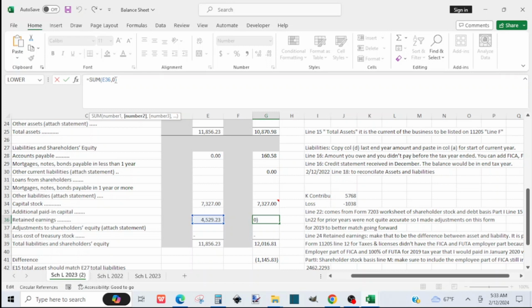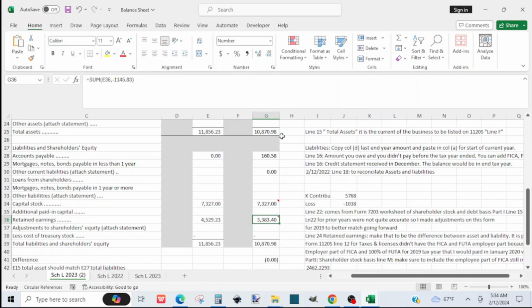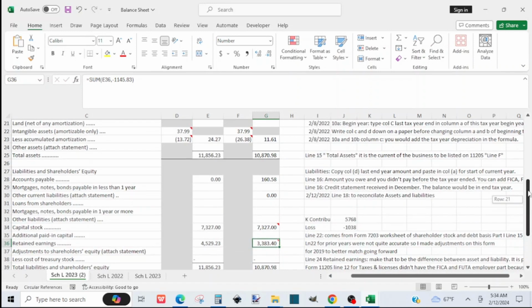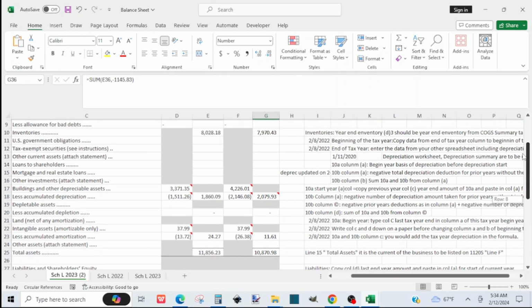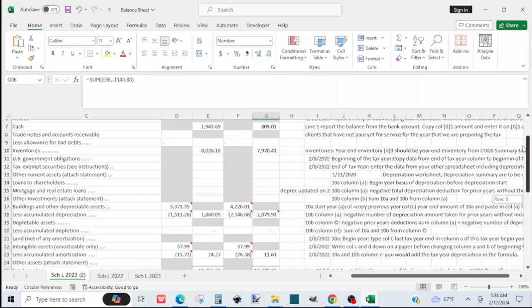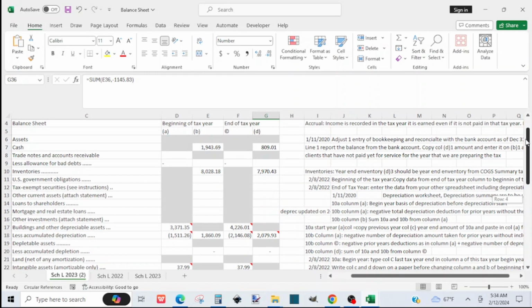The business has a loss, and as you can see, because the asset is less, there will be a loss that will be entered for both to match. So this concludes how we complete the Schedule L or the balance sheet for the S Corp,